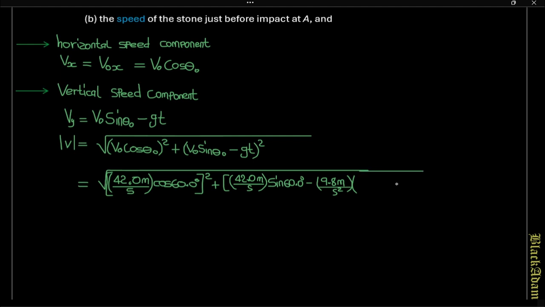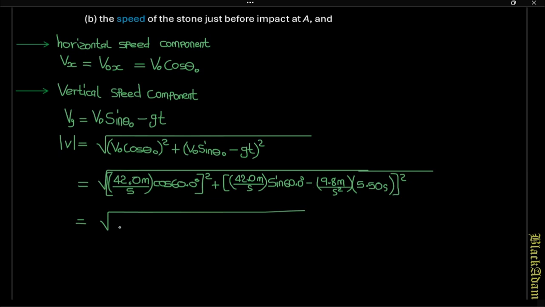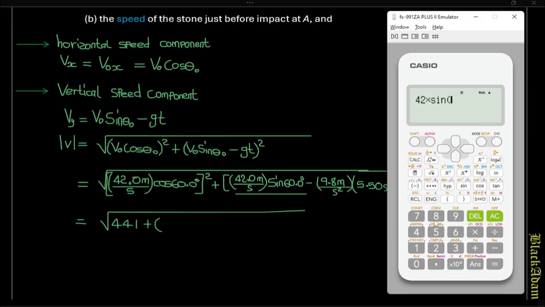Let's just extend that, multiply by time, which is 5.50, and all that squared, time squared. So that's the vertical speed. So the horizontal component of the speed, that will be 42 multiplied by cos 60 squared, is 441. So that's going to be 441 plus, so we need to get that part there. That part is going to be 42 times sine 60,